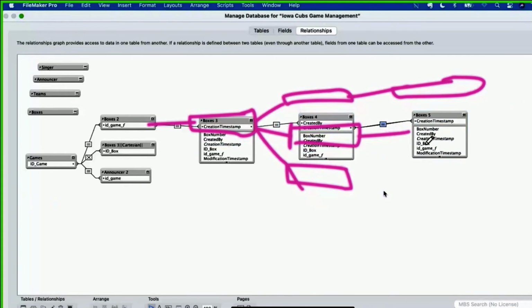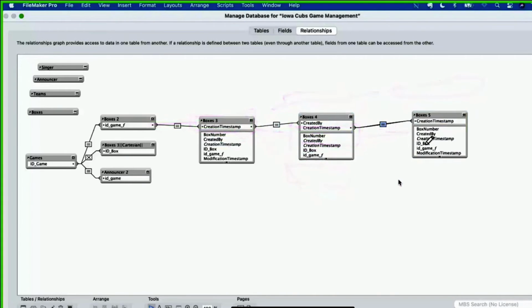I have engineers who won't let their customers go past about 3 or 4 of these. So if the customer starts wanting to do many more, they have to come up with a different way of doing it, because the performance penalty here is severe when you start going past out here. I have people with 7 or 8, and then they call me to complain that FileMaker is slow. I said, well, yeah, if you build incorrectly,